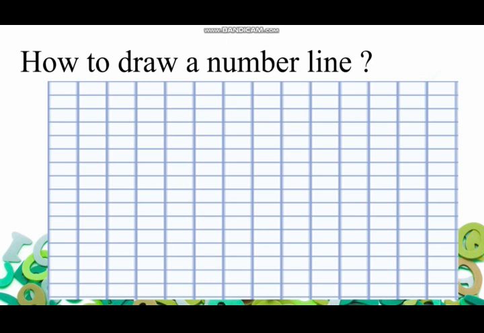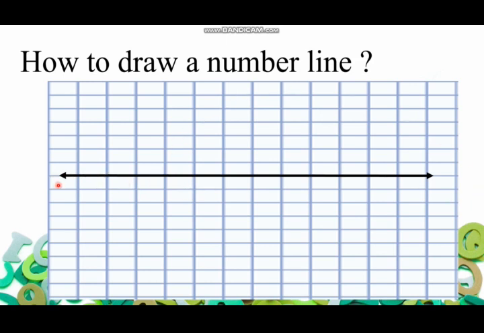Now always remember that whenever you are drawing a line, you will take the help of these lines that are already drawn. जो line already draw है इसमें, you are going to use those lines. Okay, so for the number line, first we will draw a continuous line. So using a scale and a pencil, आप किसी भी line पे draw कर सकते हो. Okay, so I have drawn a line. Okay, can you see I have drawn this line over ये जो ऑलरेडी मैथ्स बुक में लाइन प्रेजेंट थी, मैथ्स नोटबुक में, उसी के ऊपर मैंने एक लाइन ड्रॉ कर दी है.